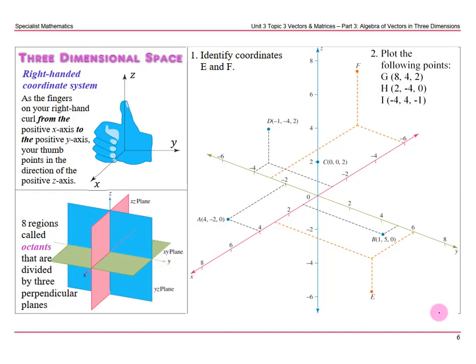We're going to start by looking at the three-dimensional coordinate system. Now, for three-dimensional space, we add an axis called our z-axis. Now, it's normal to have the z-axis pointing up, and that would be the positive z direction. In order to know where your y and your x goes, we can use the right-handed coordinate system for that,